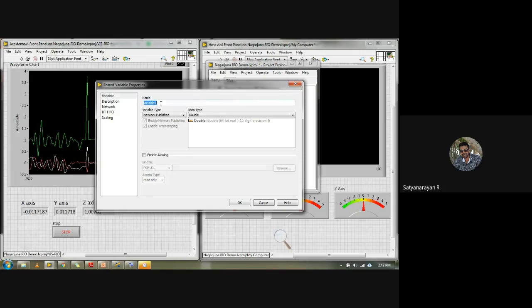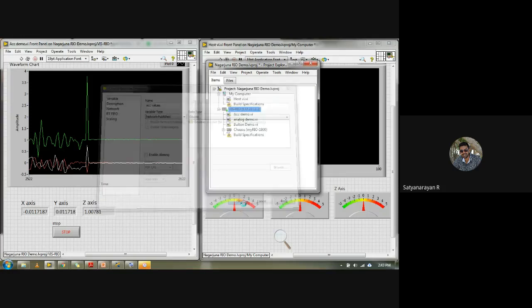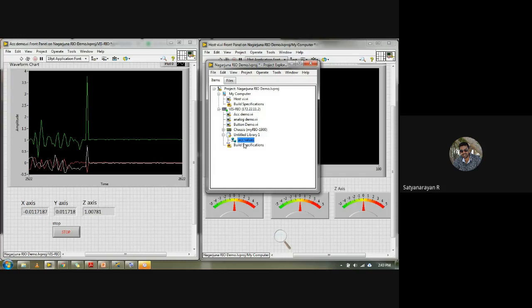Here I'll give the variable name as accelerometer values. You have to select the data type. What data type did I use previously? I used numeric DBL, which is a floating point, or what we also call a double. I have taken the same. Now I'll click OK.